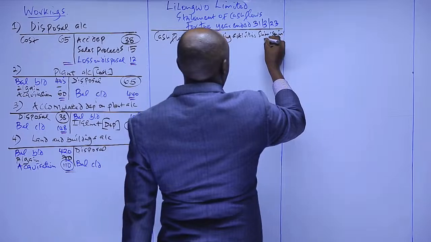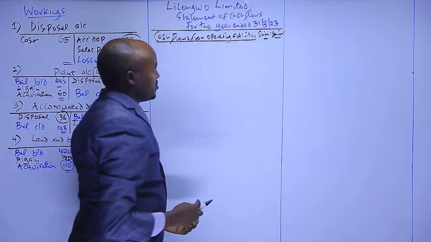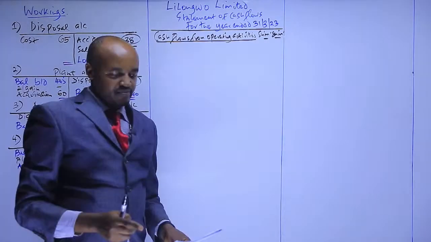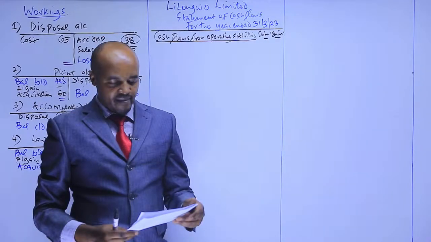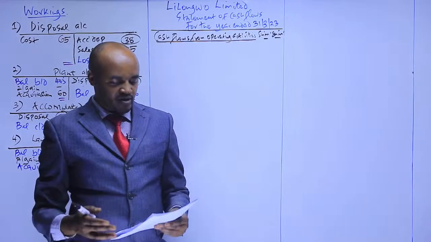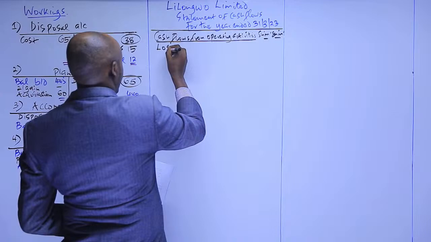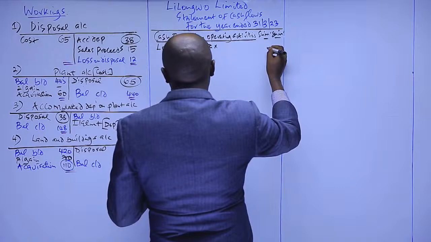Our figures are in millions of what? Of shillings. So what do we start with here? I said we start with a profit before tax. But if you check what you're given in the income statement of this company, in the additional information number 4, we are not given the profit before tax, but we have the loss before tax. That's what we start with here. The loss before tax, how much is that? It is a figure of 44. And because it's a loss, we record it there as a negative.